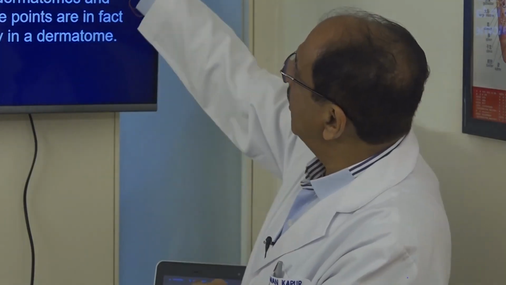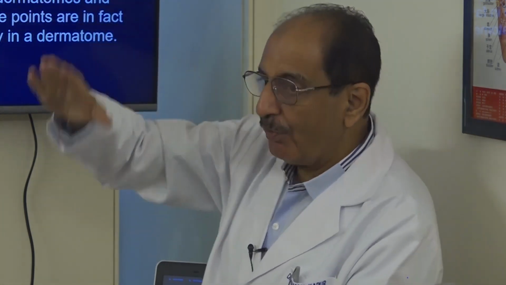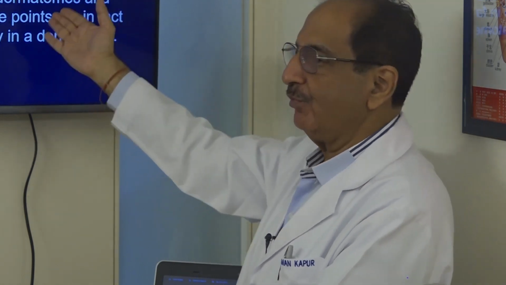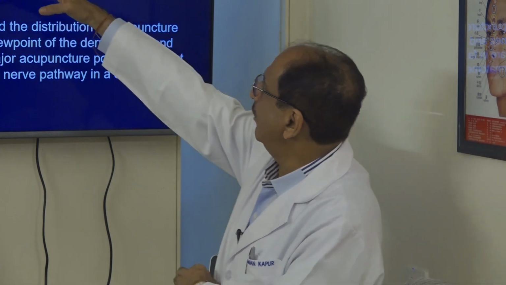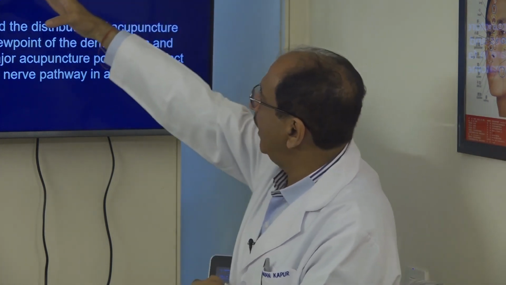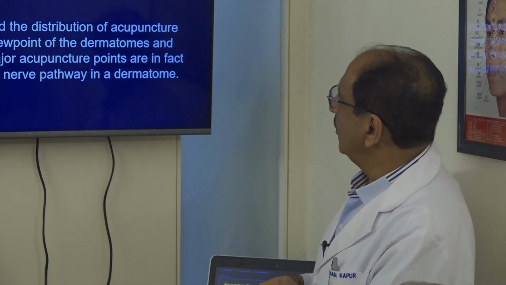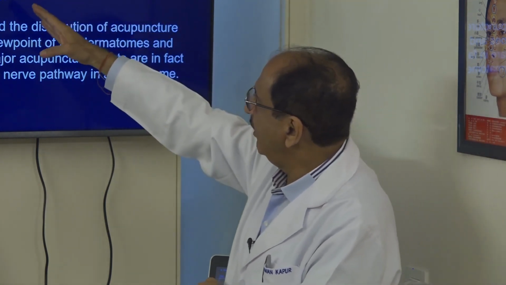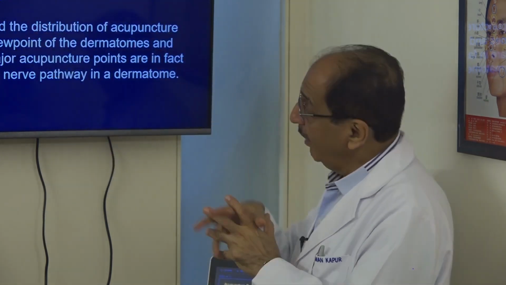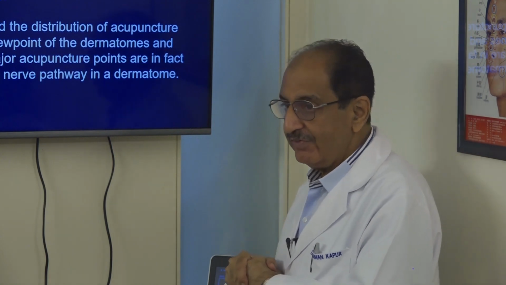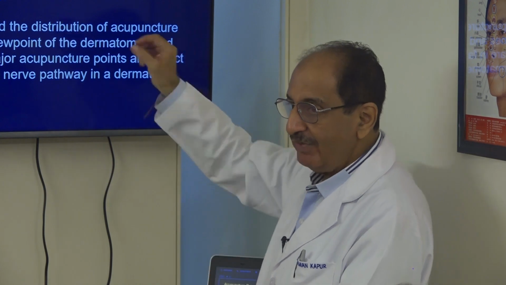So this gives you an indication of the overlap between the dermatome points, as I was talking to you, and the acupuncture points. A lot of you who are into acupuncture practice know that the acupuncture points on the back are located on the spine and on the sides of the spine at regular intervals. And the back acupuncture points and the dermatome chart seem to overlap in the DU channel and the UB channel points. And most important, for stress, for sleep disorders, for all central nervous system disorders, the basic PNST treatment